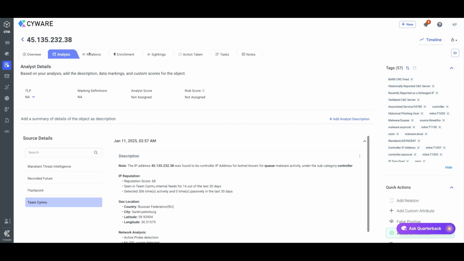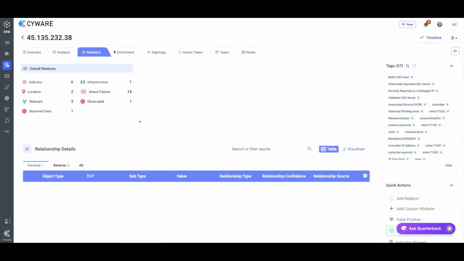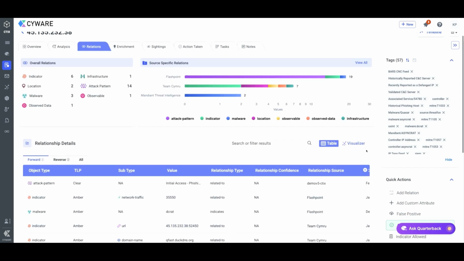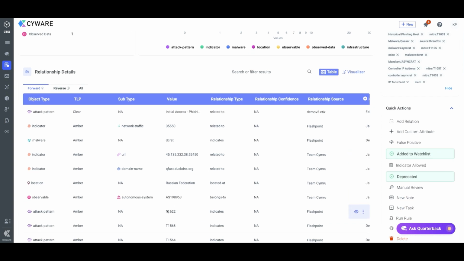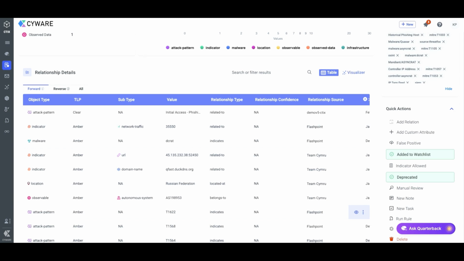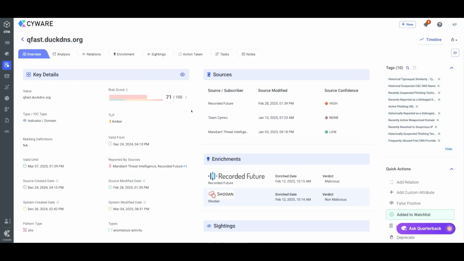So as we're looking at some of the tags here, what we can do is look at some of the relations. Taking a look at the relations here, I see there are several different other threat objects that it's related to, and we can take a look at any of these, but one that kind of pops out to really compare and correlate towards spoofing domains or URLs that are potentially being leveraged as shared hosts, which is a very common tactic, is this particular domain, qfast.duckdns.org. If I click on that and go into the indicator and take a look at what it is,